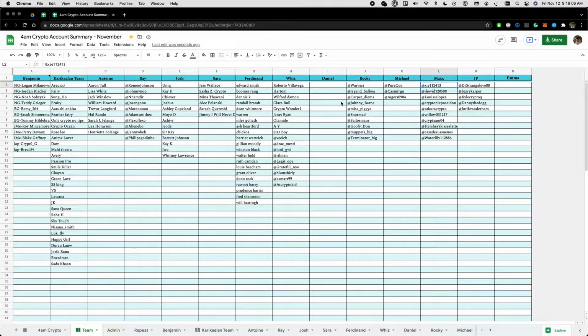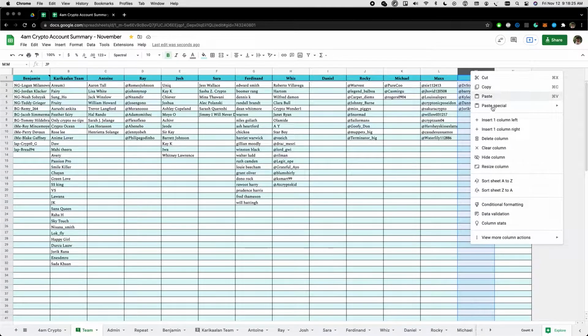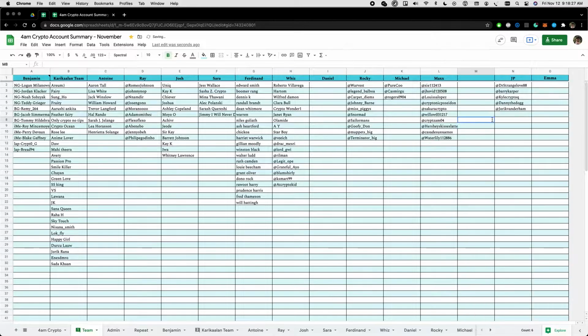So this obviously is all of our burner accounts, and this is getting updated whenever somebody changes or adds a burner account. If we add somebody to the team, I'll show how to do that. So let's add them right here. So we're going to insert the column to the left of there, so it's right of Max,